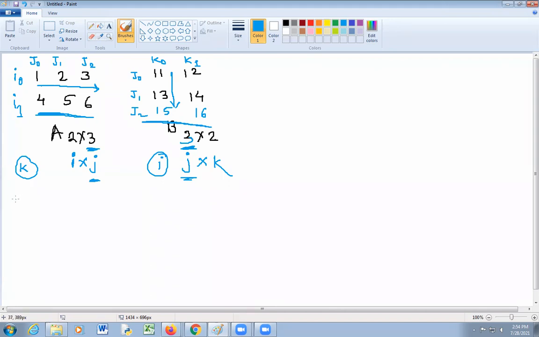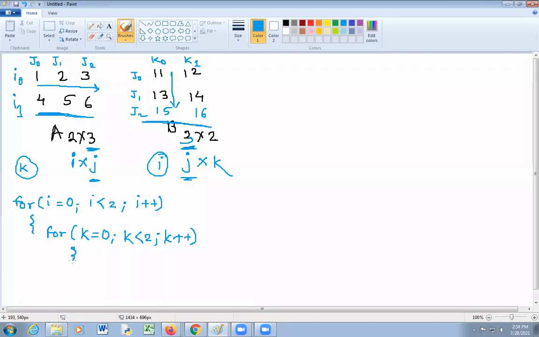here we are writing code: for I equal to 0, I less than 2, I plus plus, then opening bracket, then for K equal to 0, K less than 2, K plus plus.